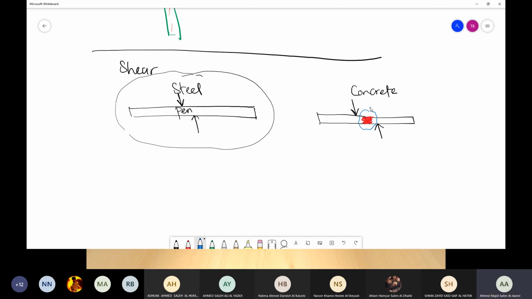Can you repeat, Mr., the last point? Once again, for the steel, we said we don't have weak points. Each and every point in the steel itself has almost the same strength. So it's not easily cut. When it comes to concrete, we have weaker points and stronger points. So the weaker points are the points easily cut, right? So if I try to evaluate which one is better to resist shear, then I would say steel is better than concrete. Steel does not have weaker points. Concrete has. Are we okay?